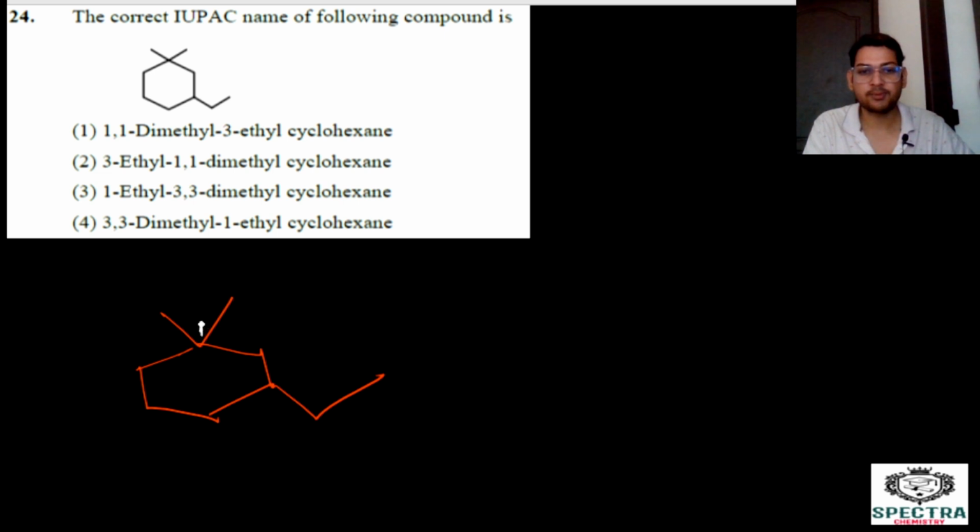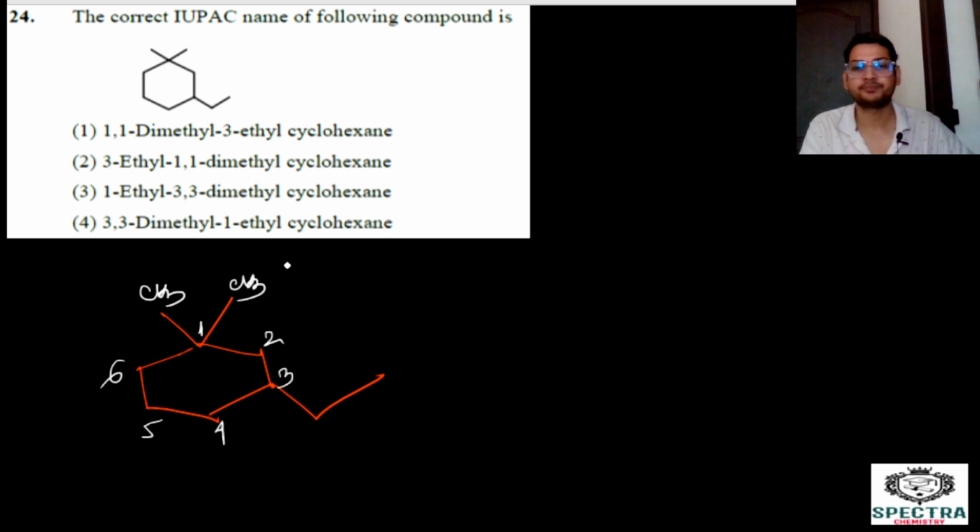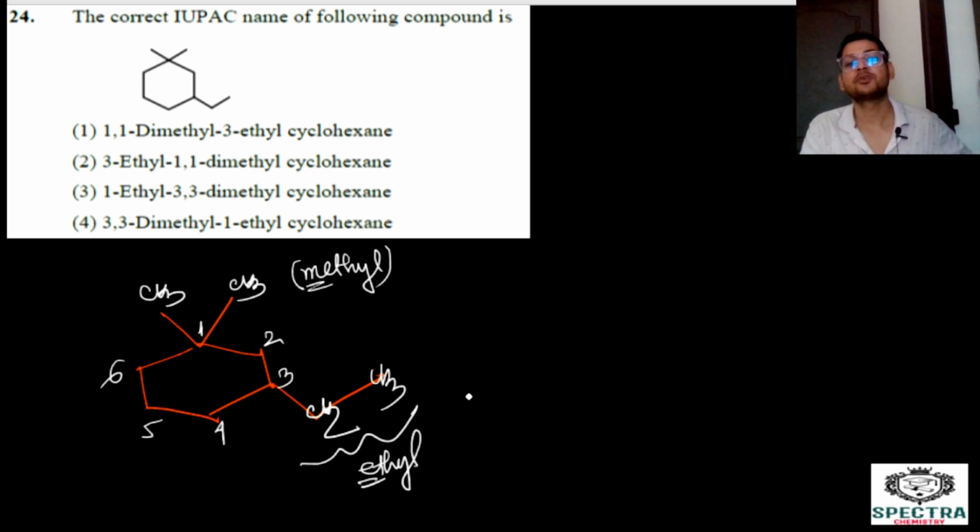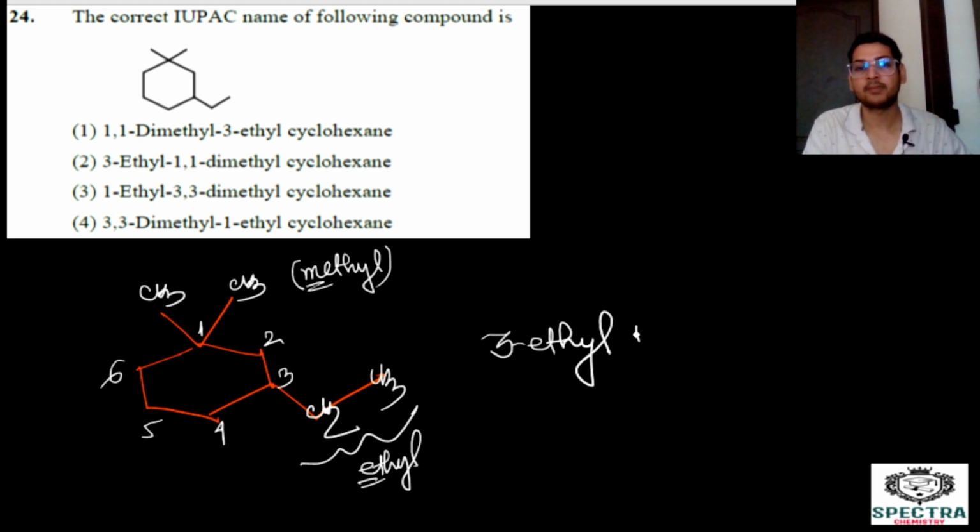If I take this carbon as 1, then I can write 1,1. At one position I am getting 2 substituents, and the carbons go 2, 3, 4, 5, 6. At one position I am getting a methyl group, which starts with M, and at 3 positions there I am getting an ethyl group, which starts with E. While naming, I should maintain alphabetical order, so E comes first. So I have to start with 3-ethyl, 1,1-dimethyl